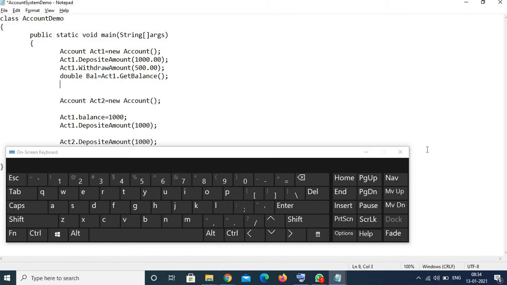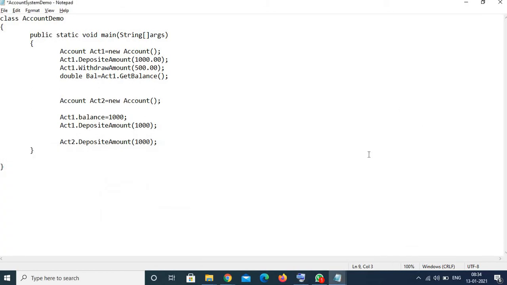Now here I'll write a print statement. It's system.out.println in Java, like printf in C. And now here I would like to display the message saying account number so and so, whatever the account number of that particular account is.